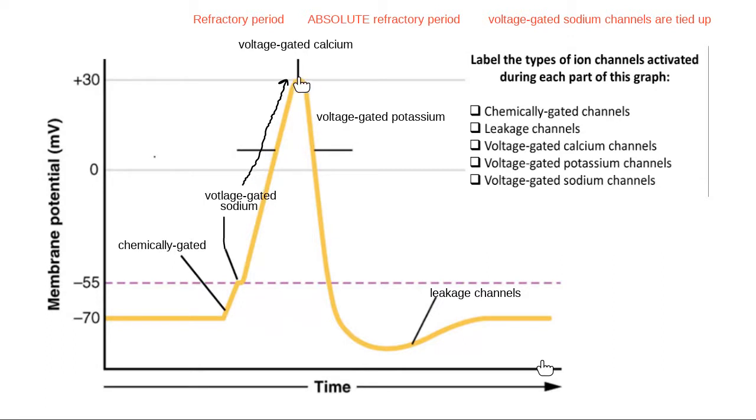When we get all the way up to positive 30 though, the voltage-gated sodium channel realizes, oh, we are way too positive. I'm not supposed to be open anymore. The channel itself stays open, but if you notice on the bottom of that protein, there's the little thing, I call it the ball and chain protein. It's kind of like a stopper in a bathtub. It folds into place and prevents any more sodium from coming inside. Until we get back down to about threshold, that stopper is in place and there's no way for me to